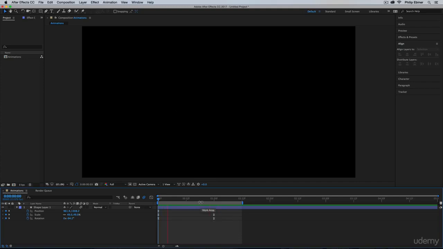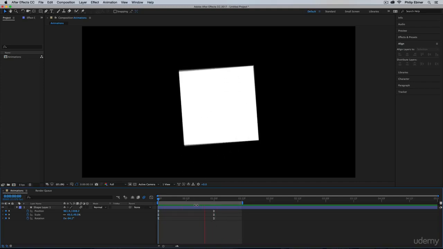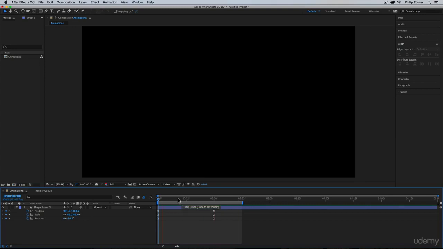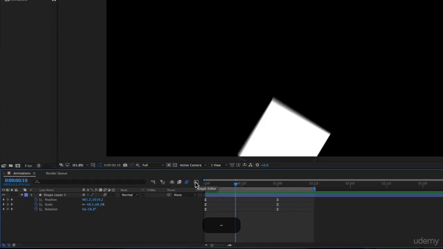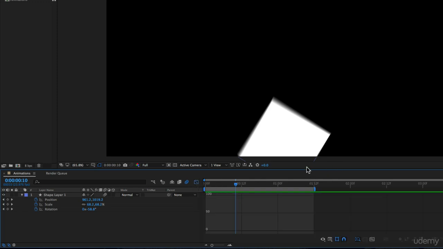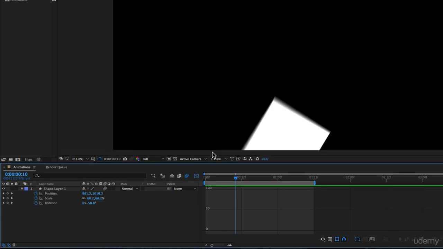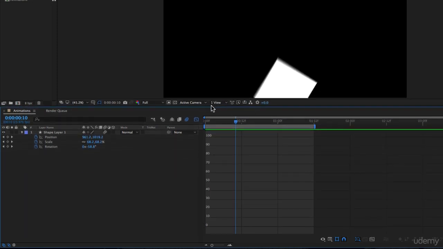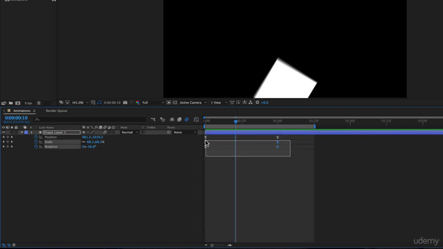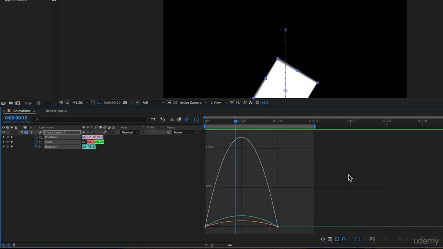To play even more with the way the speed works with this animation, we'll use what's called the graph editor. The graph editor button right here opens it up. Obvious, Phil, duh, right? But we don't see anything down here. Let me just extend this panel, the timeline, so we can see a little bit more. We don't see anything, and that's because we have to choose our keyframes that we want to view on the graph editor first. You can also do it later, but with these selected and then clicking the graph editor button,